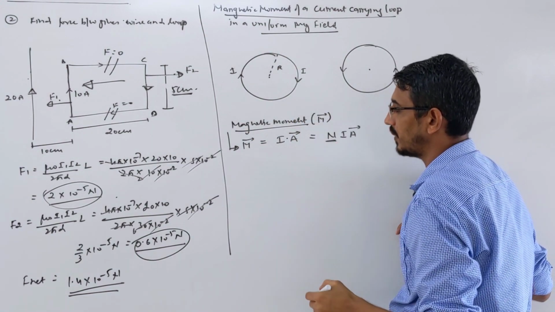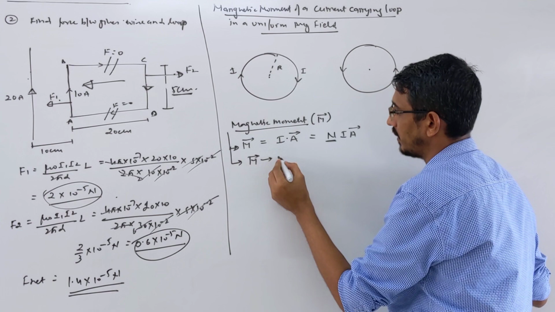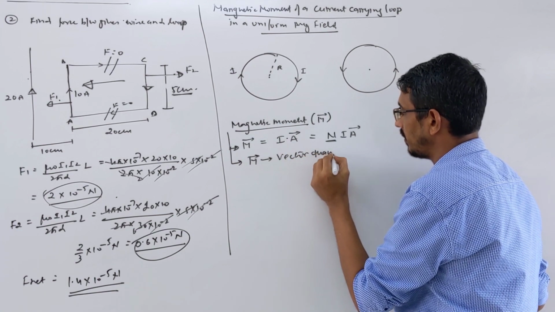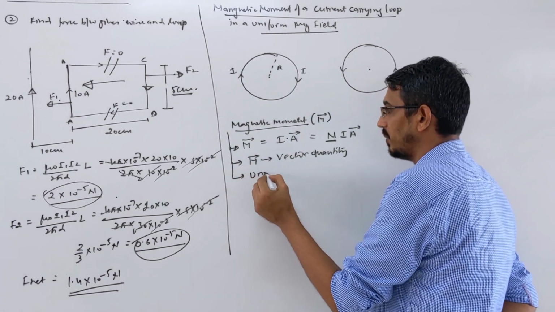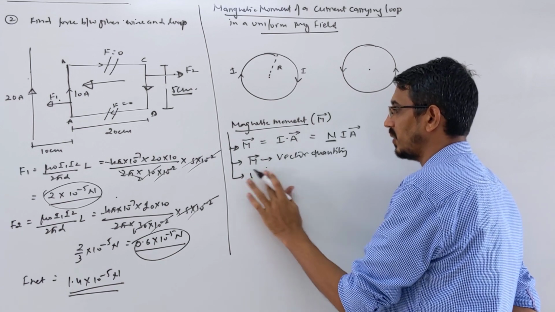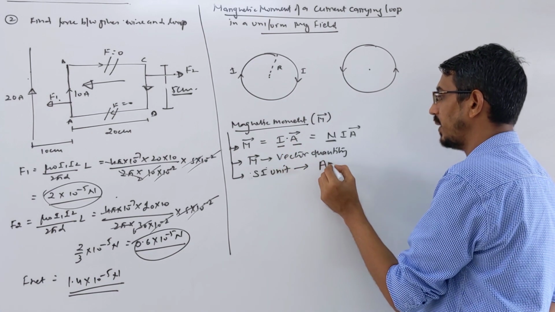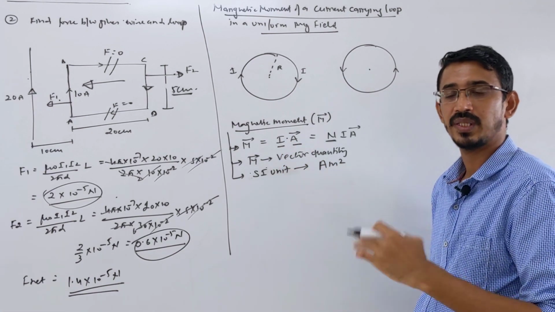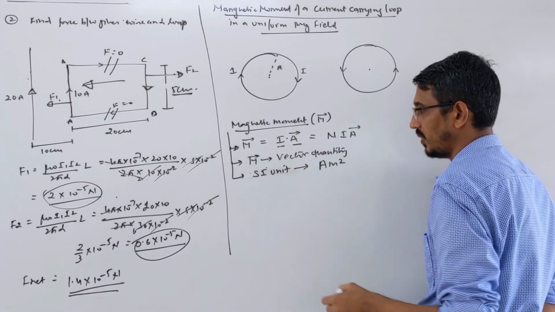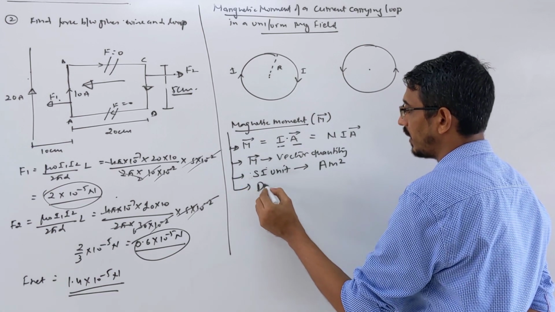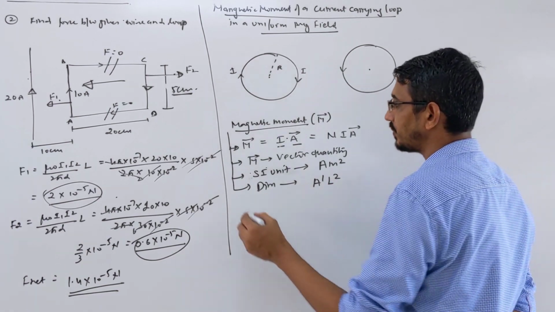Now watch carefully. A few things I am writing in small. M is a vector quantity, right? So if you want to add magnetic moments, you have to use vector rules. And let's talk about the unit of this. What is the SI unit? Current into area means ampere meter square. If you write number of turns, it will not affect your unit. So ampere meter square is your unit. Or if you want to write the dimension, then ampere power 1, L power 2. That's your dimension, right?